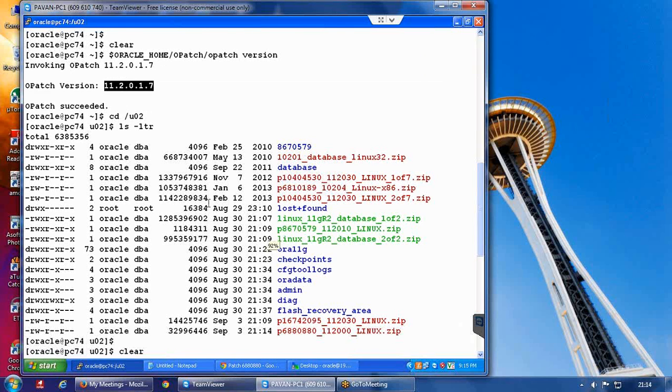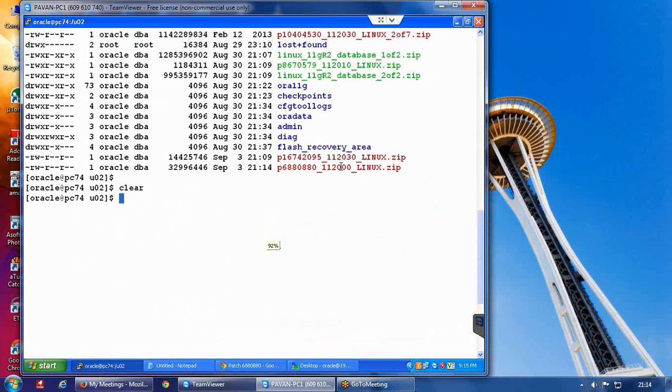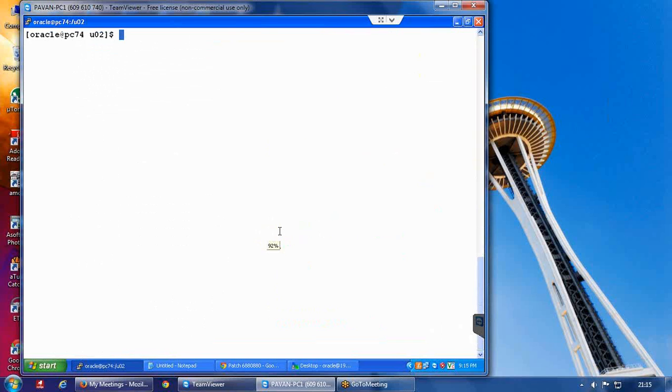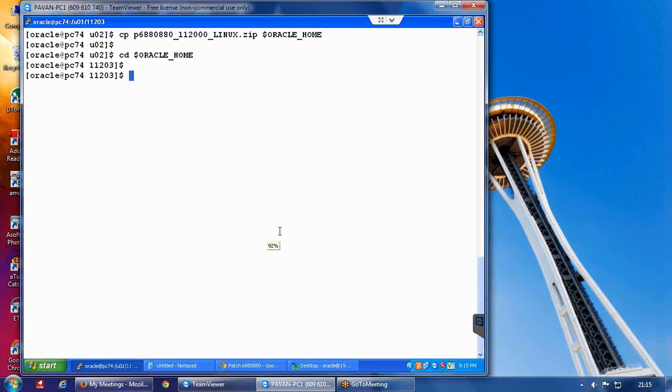For that, in the next step we are going to copy this zip file to the Oracle home location, and then we need to move to the Oracle home location, and rename the already existing opatch directory.